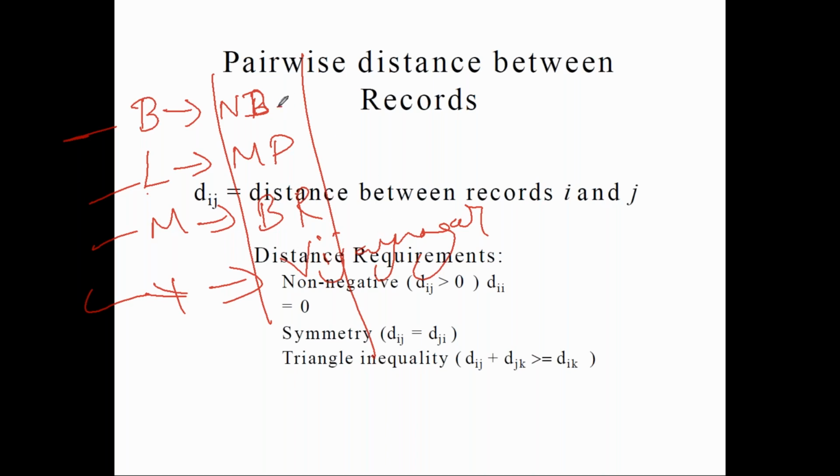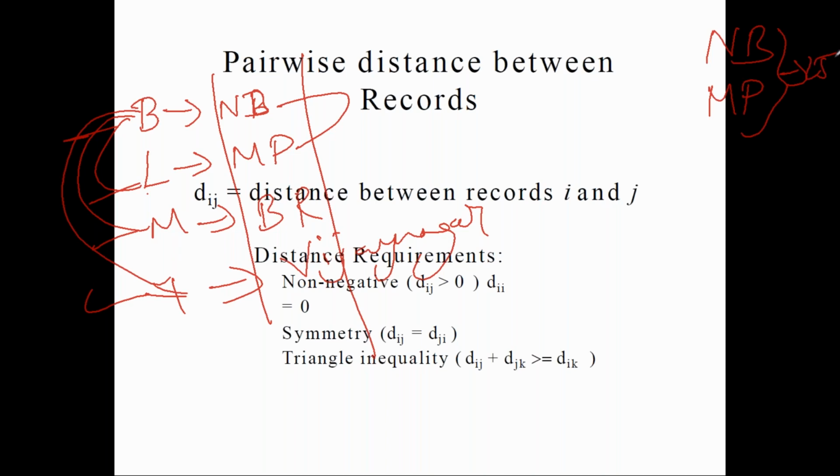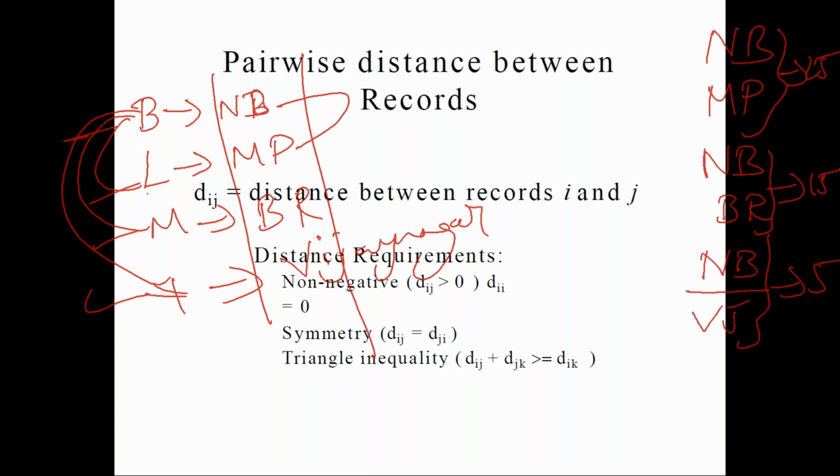Now you should calculate the distance between Bharat and Lahari, Bharat and Mega, Bharat and Yogesh. Bharat stays in Nagarbavi. Nagarbavi and Mahadevpura, what is the distance? Approximately 25 kilometers. Nagarbavi and Bannerghatta Road? Around 15. Nagarbavi and Vijayanagar? 5 kilometers, or 4, whatever it is. So whichever has the minimum distance now?